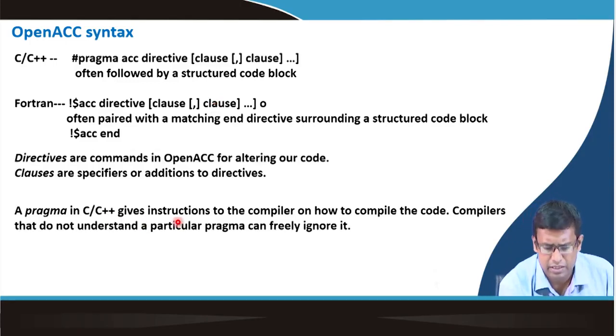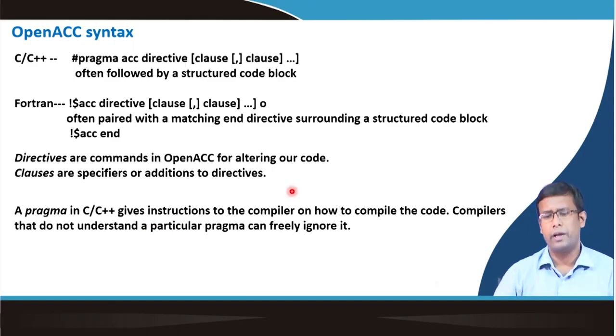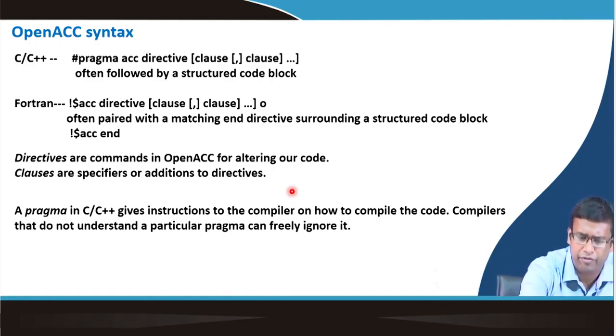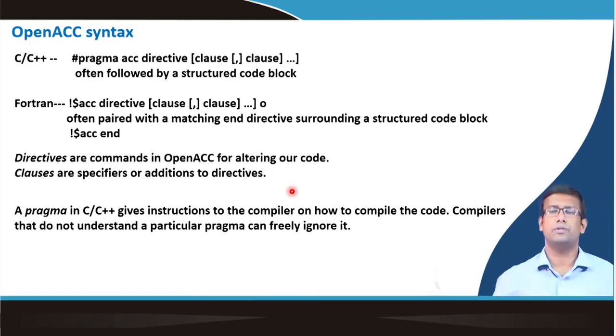A pragma in C++ gives instruction to the compiler how to compile the code. Compilers that do not understand a particular pragma can freely ignore it. It will not give you an error or a bug. If the compiler is unsure about a pragma, it will ignore it, and if you take away this pragma or these two lines, the remaining part is your sequential program. This will operate in that manner. So they are very optimized to give you error free